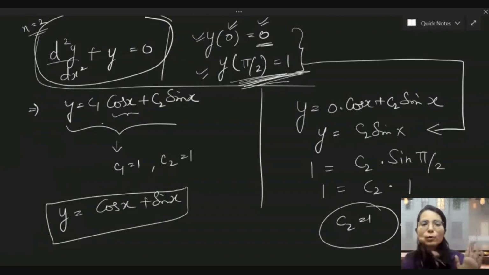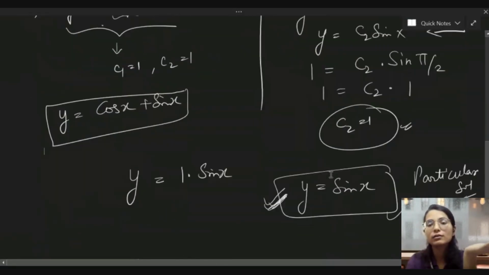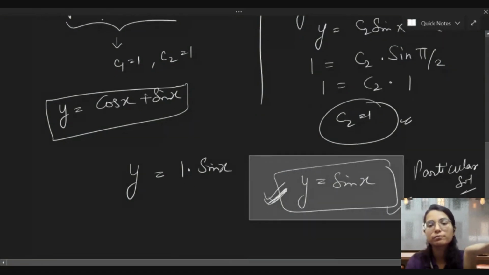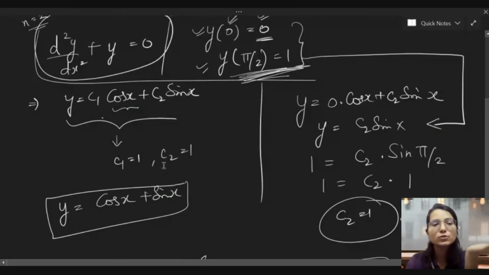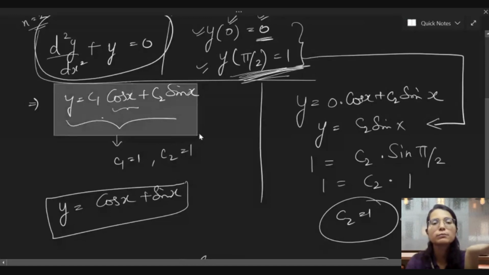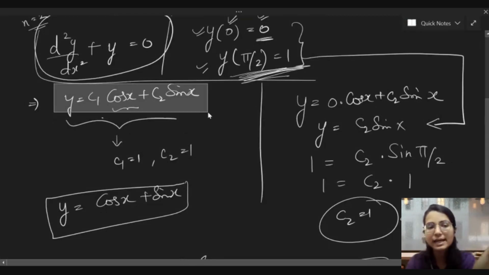One is that whatever the order of the differential equation, that should be the number of conditions given. So if it is an n-order differential equation, n conditions should be given so that we can find a final unique solution, right? The general solution is not unique because it contains arbitrary constants, and it contains infinitely many solutions